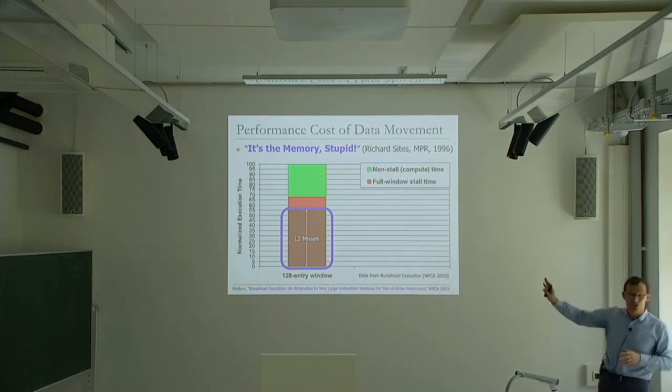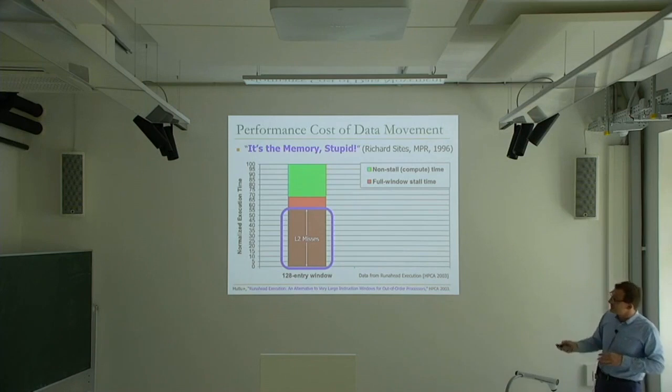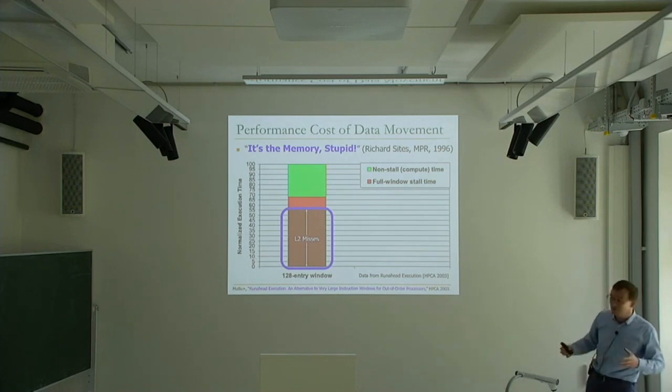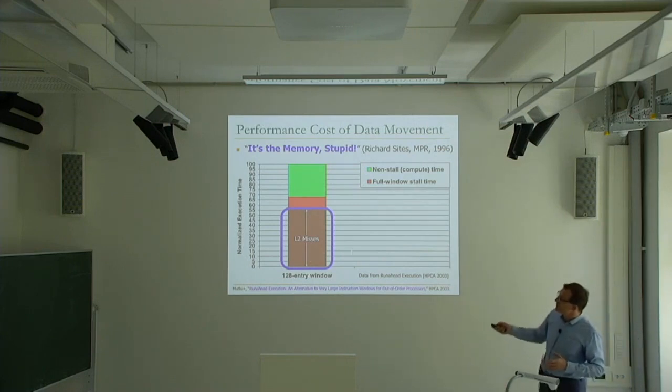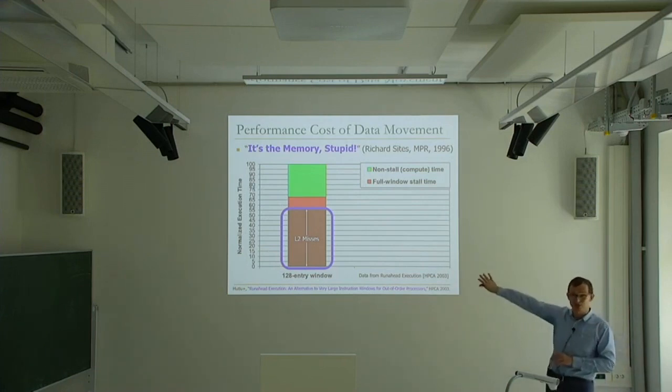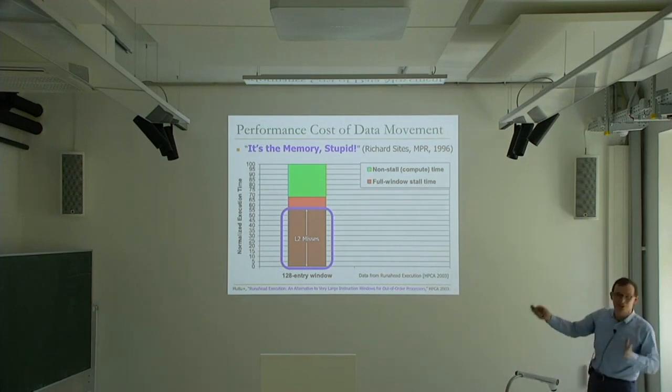This is 147 workloads. And we basically looked at what fraction of the execution time is spent on what. And most of the time, the processor is waiting for L2 cache misses, long latency cache misses. This is average across 147 workloads. It's not just one workload. Some workloads are 95% over here, right?